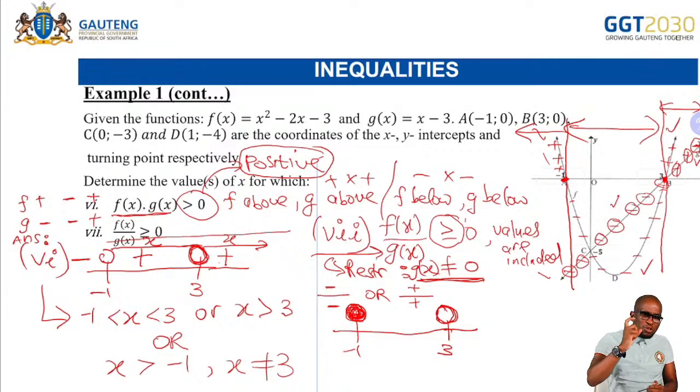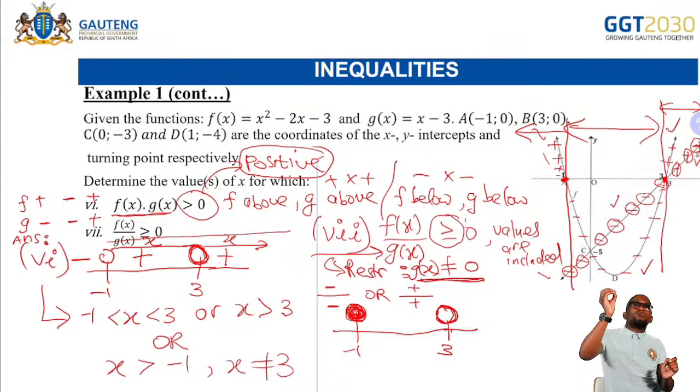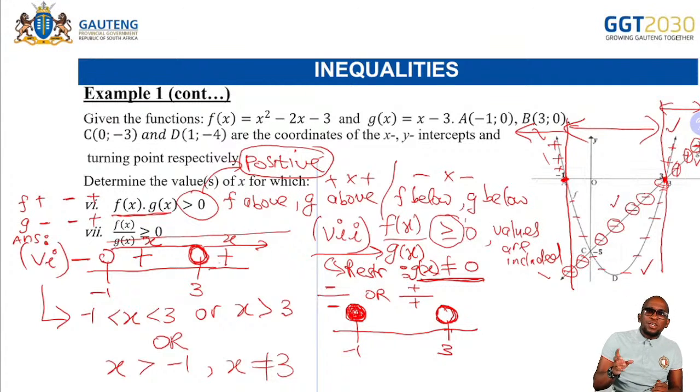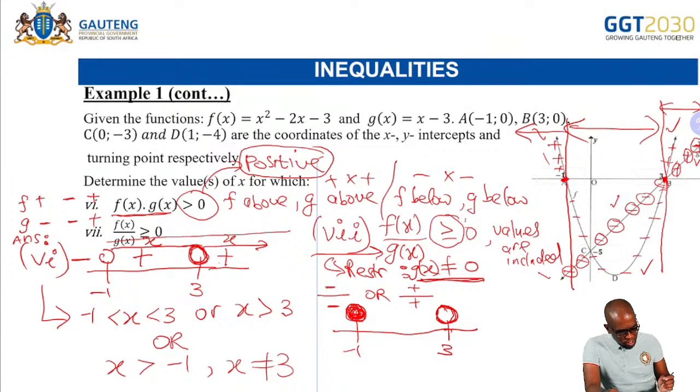So that natural restriction of a fraction would apply to say, the graph of g should never be equal to 0. So you go where the graph of g is equal to 0 and say, no, let me exclude that particular point. Very, very important. We are excluding the point 3 because that's where the graph of g is equal to 0. Good. So now I am going to just put the signs as we did, when you look from left